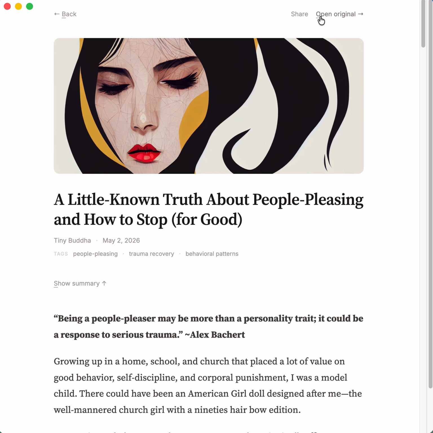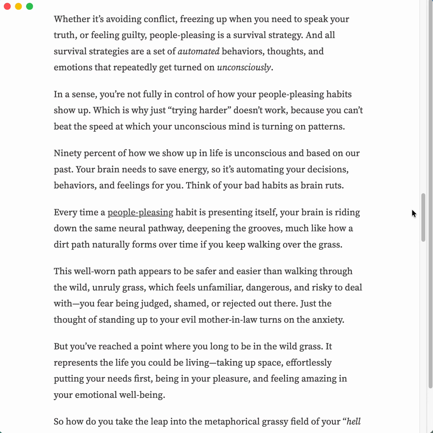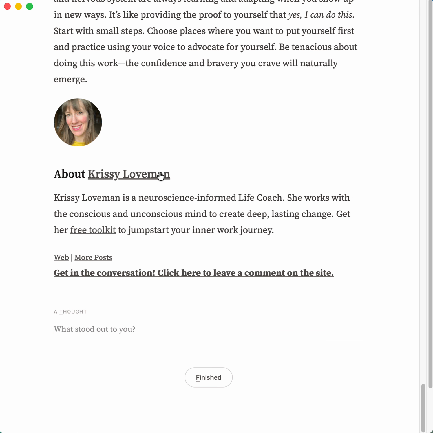You can see also there's this one here to open the original. So if you click that, it's going to open up in a browser. If I scroll down to the bottom, you can see there's an option to put a thought. So say, for example, as I'm reading through this, maybe I think this is really interesting. I can hit keyboard shortcut T, and it'll take me right there, and I can put in some text and